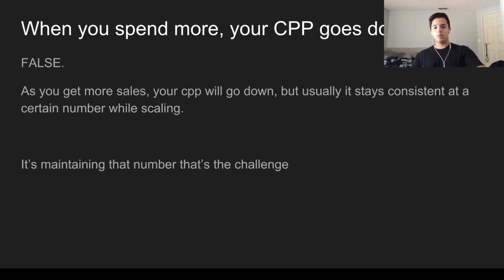The next thing we're going to talk about is that the more you spend, your cost per purchase goes down. But honestly, we're spending a lot of money. A lot of people get a cost per purchase that's super crazy. A 10-cent cost per purchase on a $20 product, and they go crazy. They think it's going to last forever, but after a day it turns into a $5 cost per purchase.